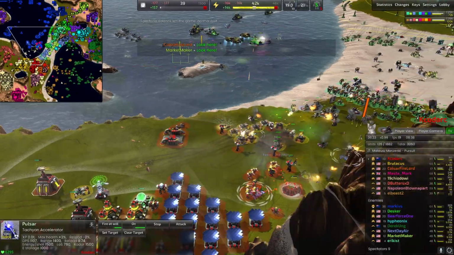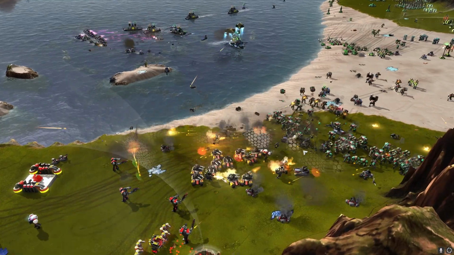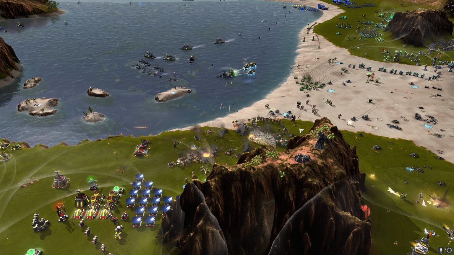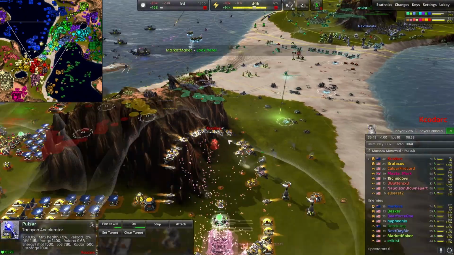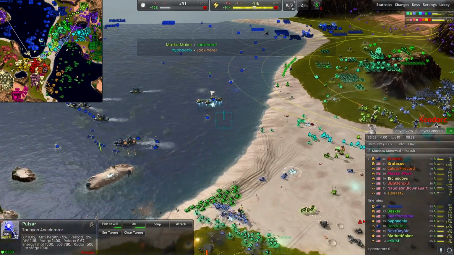What is it called again? Pulsar, sorry. The Tachyon Accelerator. Going to be doing quite a bit of damage there. And also Keepers blocking shots as well. So yeah, this attack is not going to work out super well with the Cool Colors team, but still, that they're launching attacks now across the causeway after being nuked multiple times in the opening stages of the fight is